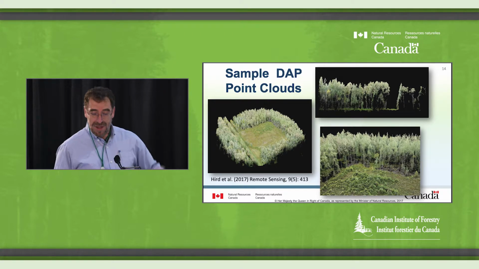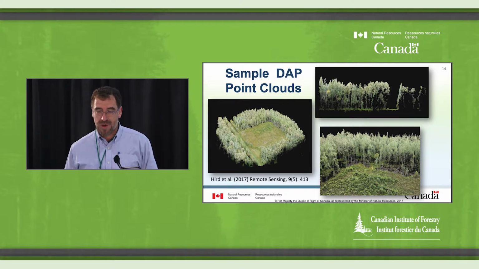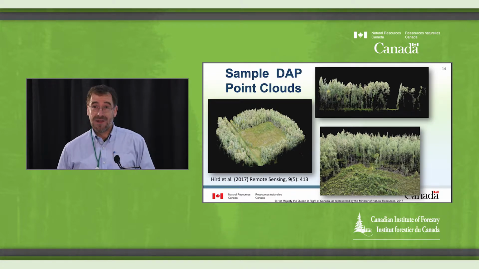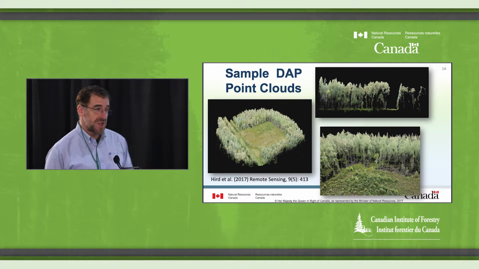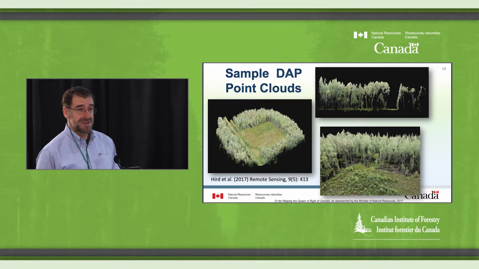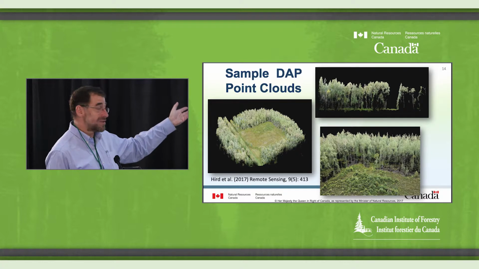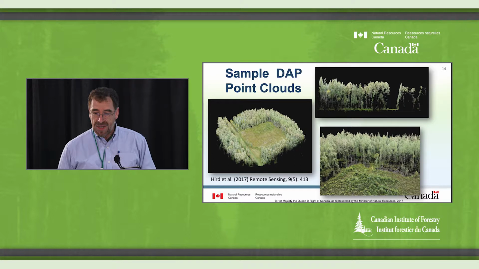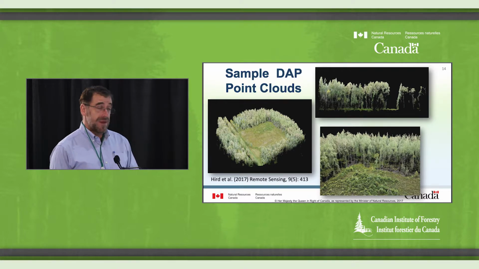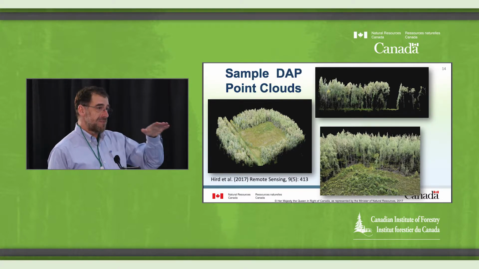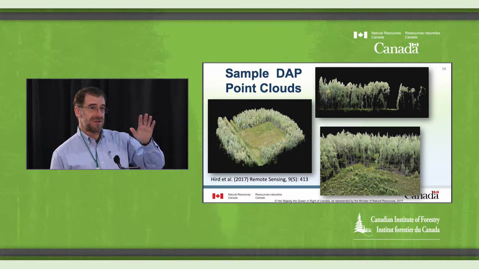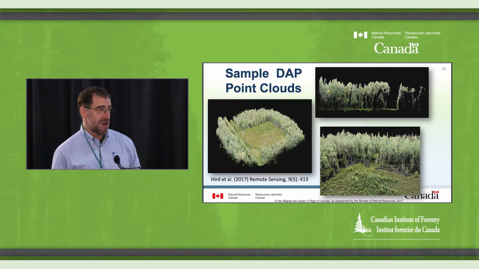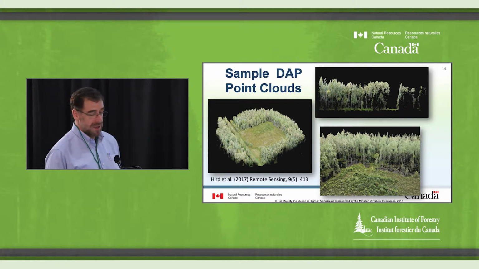So if 100 points per square meter looks impressive, now enter digital aerial photogrammetry, or DAP for short, point clouds. These are the kind of 3D models of point clouds that you can derive from drone photogrammetry. Basically you derive these using a bunch of photos with a lot of overlap. This is something you have to remember. The more overlap, the better. You cannot fail with a 90% overlap. So it's good to have a lot of overlap.